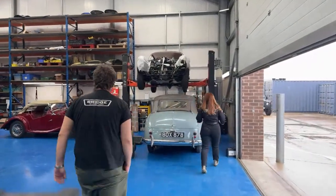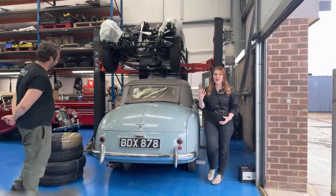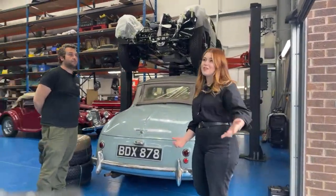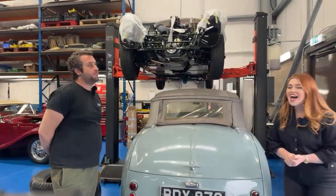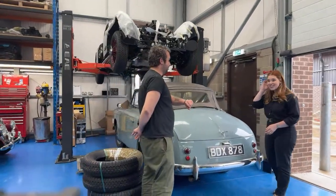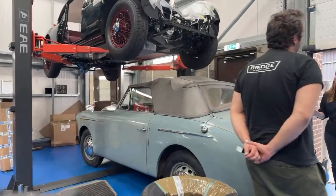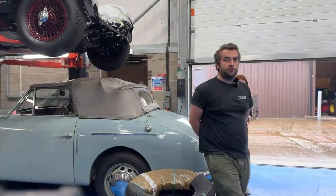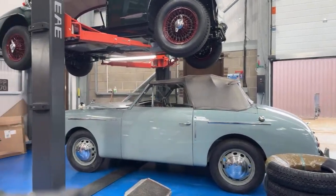Now, I know a little bit about this Austin A40 because I was with Nick and some of the guys from the workshop and Gordon, Rob, who's behind the camera today, when it got unveiled for the first time at a little lady called Jenny's house, in about Ipswich. In 26 minutes' time, you guys will be able to see what that day actually looked like, because Hidden Treasure, which is the short film